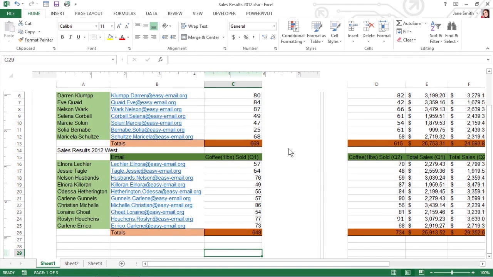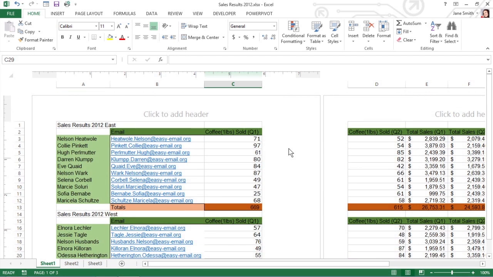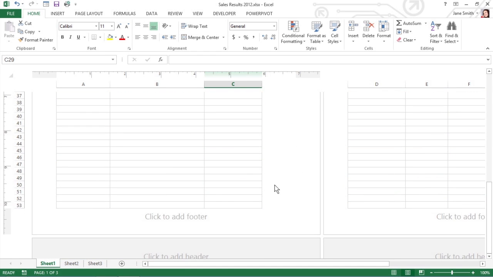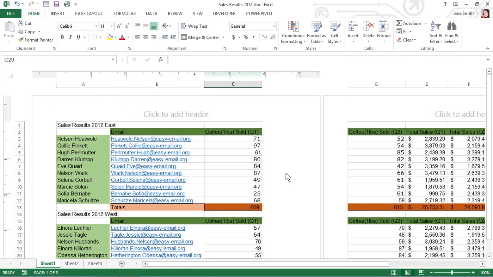Headers and footers are standard text that appears on every page of the report. A header prints in the top margin of the page, and a footer prints in the bottom margin. Both are centered vertically in the margins, and, unless you specify otherwise, Excel does not automatically add either to a